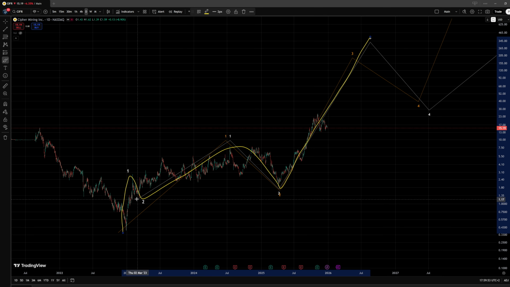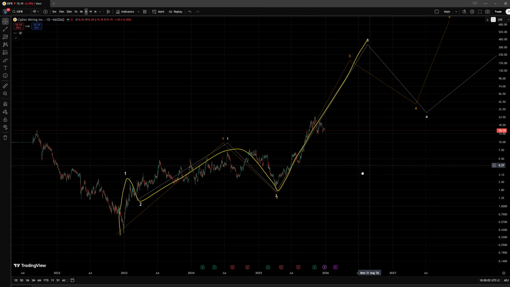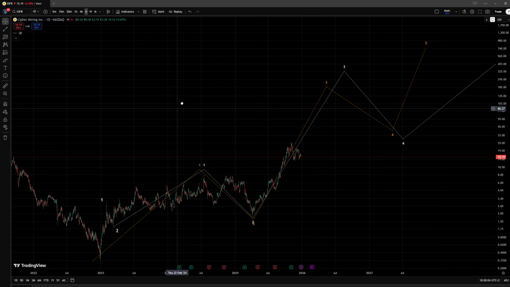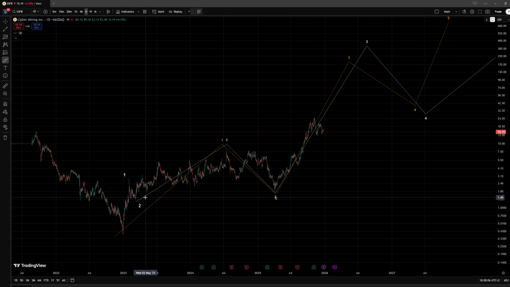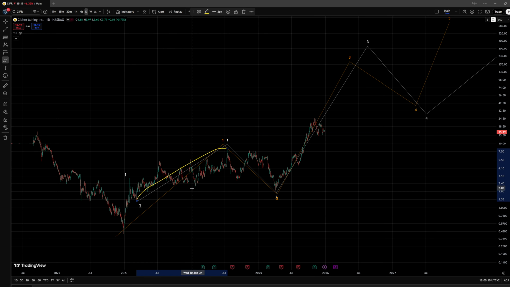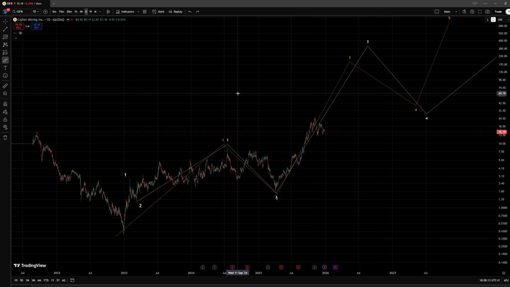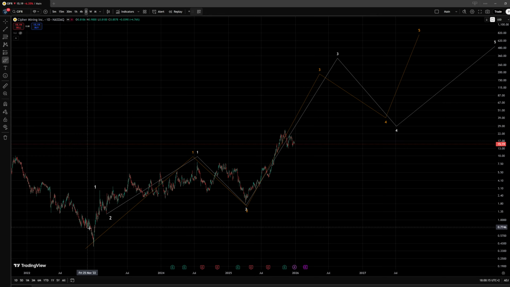Although, to be honest, as I mentioned even in the previous video, this is far-fetched in terms of an actual scenario, and while it can work out, I'm not declining the possibility of such a structure to be formed. It is not necessarily the prettiest structure that has formed, especially within this movement to the upside.